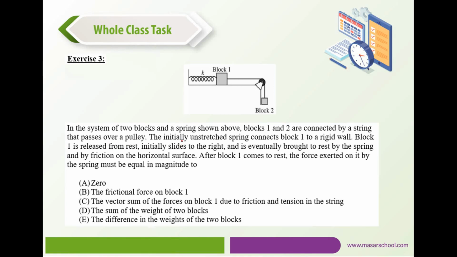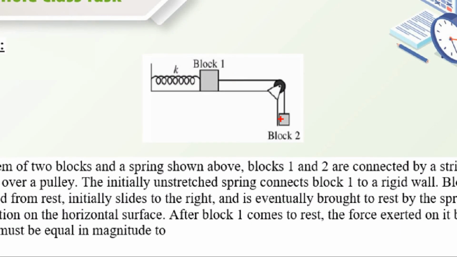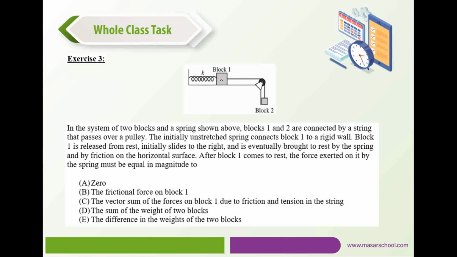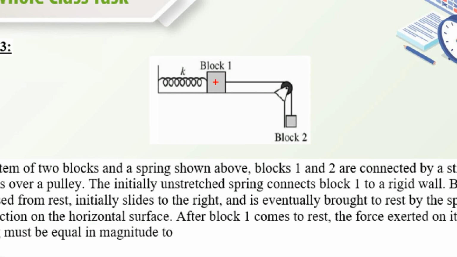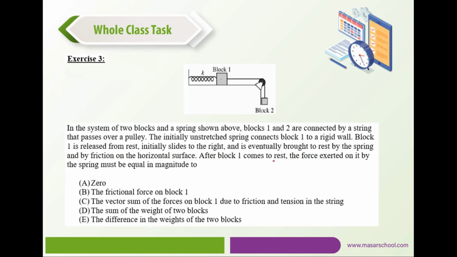So what's happening here is that after we do this configuration, block 1 will slide to the right under the action of block 2 due to the pull of gravity. The spring will bring it back and finally it will reach a point where it is at equilibrium, becomes at rest, so brought to rest by the spring and friction on the horizontal surface. While it's moving left and right, friction will be acting on the block left and right based on the direction of motion. After block 1 comes to rest, the force exerted on it by the spring must be equal in magnitude to